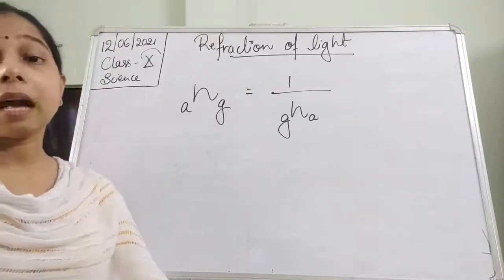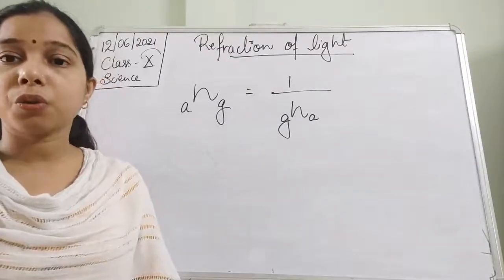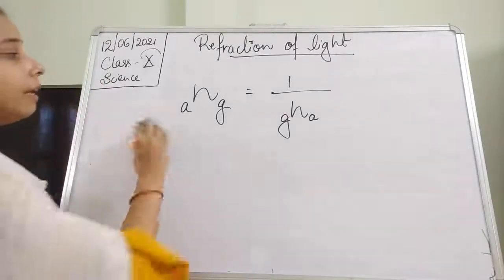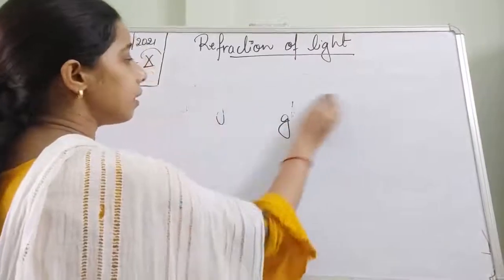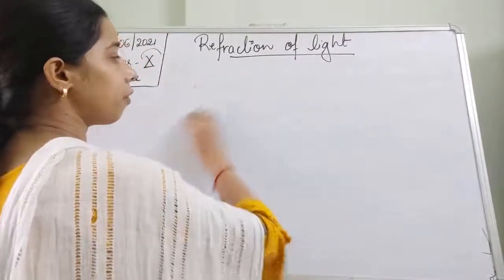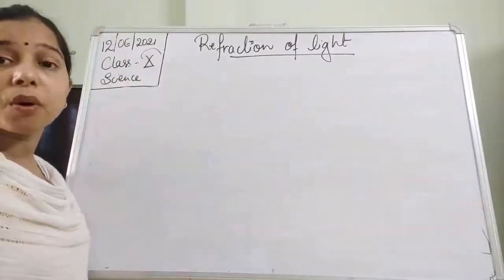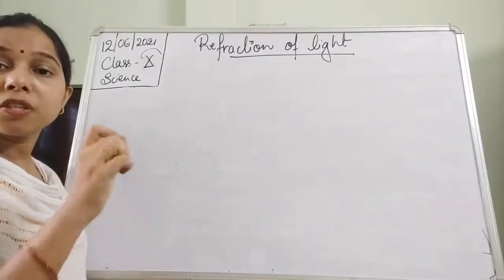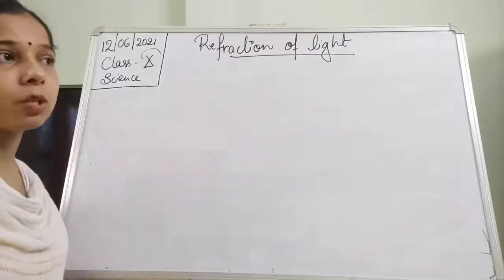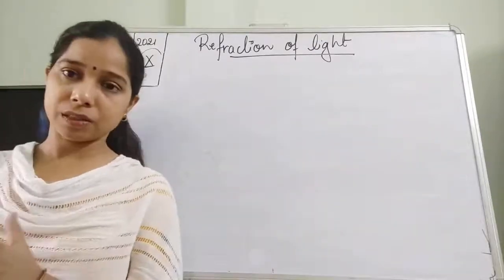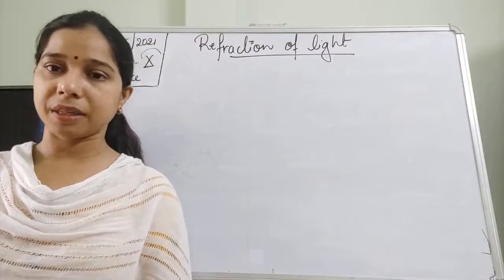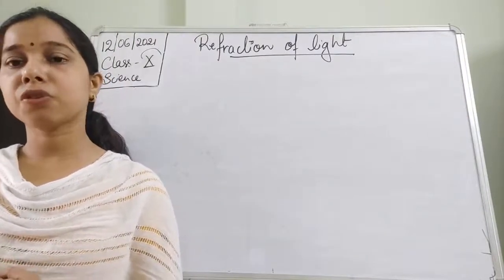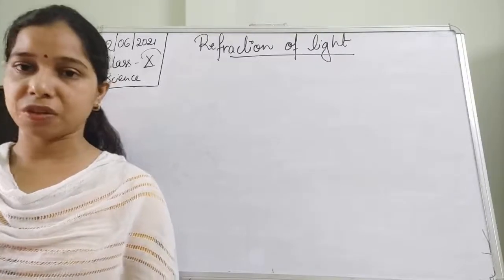Next one, students, is that refraction of light occurs through lenses. So we have started to understand the lens. What is a lens? A lens differs from a mirror since there is no polished surface there. Lenses are transparent material through which light passes, and since it is made up of glass, light passes from one medium to the other medium. So we can say that lenses are the ones which show the process of refraction. Okay.